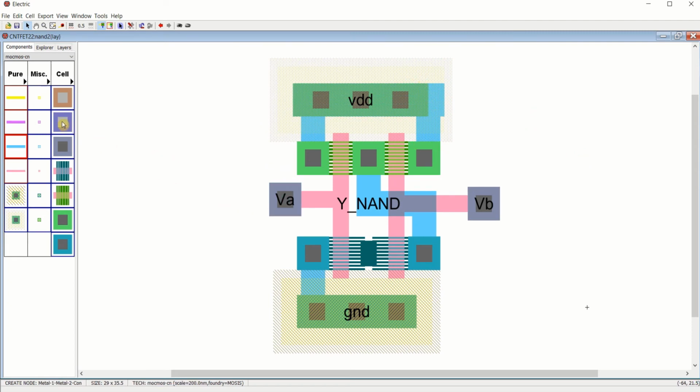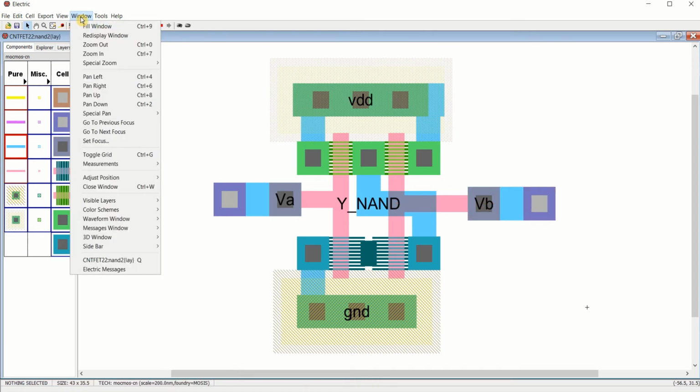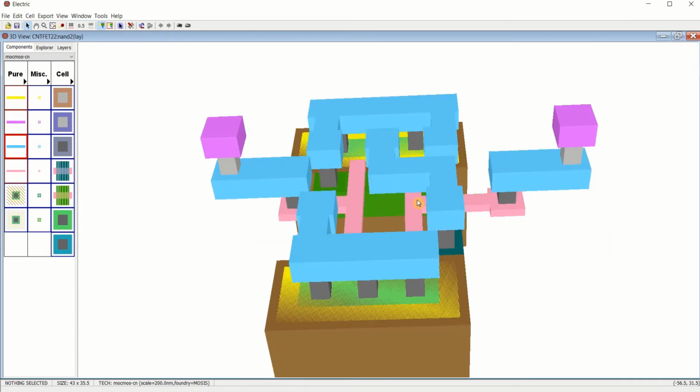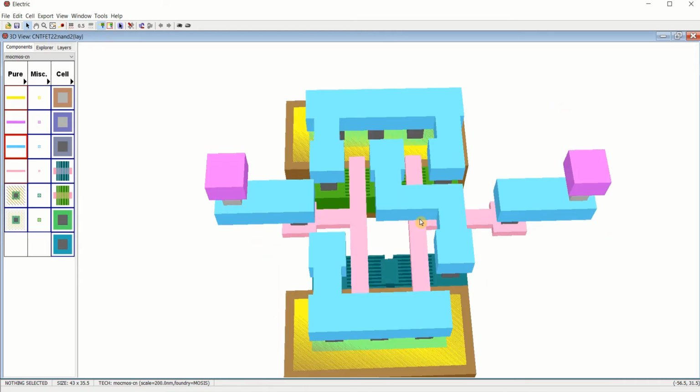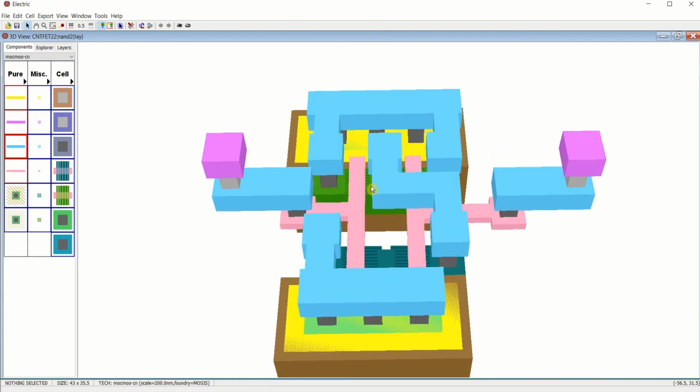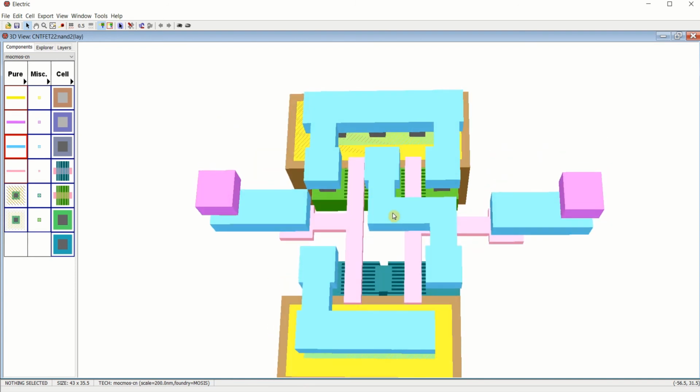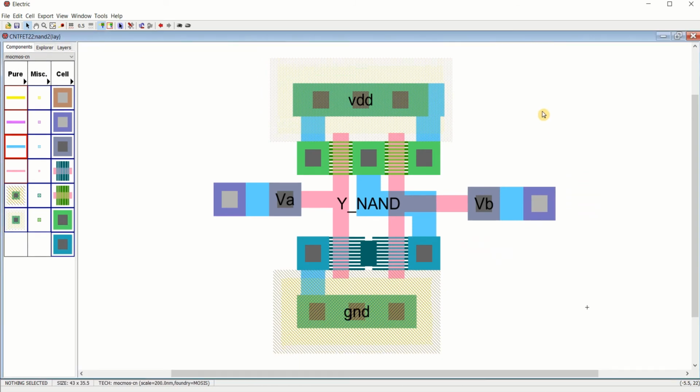If you want, you can use this further to have the metal contact. And see that in 3D view. This is how it is connected. Here also you can place the same thing and you can have the third terminal.